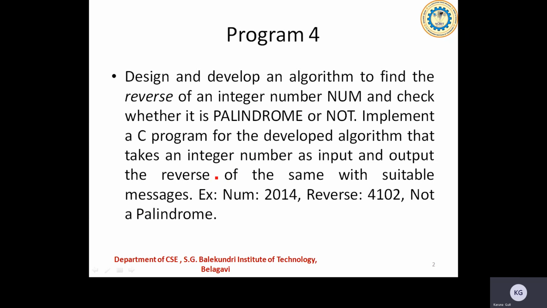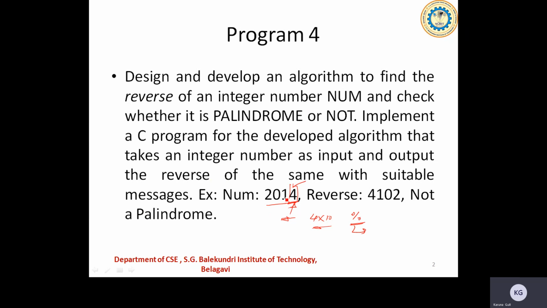Whenever a number is given to us, if I take the same number here, you go on taking the last digit, that is the unit place digit, and go on shifting it towards the left side. First, I'll be taking this 4 out and multiplying it by 10 so that its value can be shifted towards the left side. How do I do that? Using the modulus function, because it helps me pick the remainder.